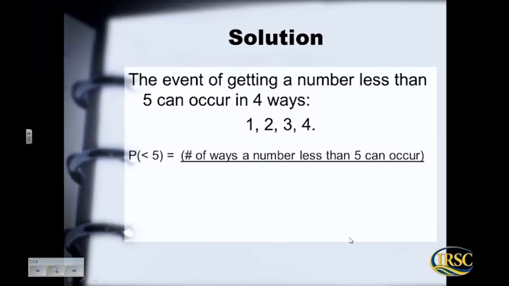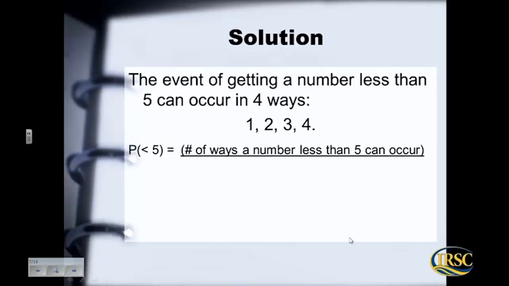Okay, so the probability of less than 5 is the number of ways a number less than 5 can occur over the total number of possible outcomes. So that's what I want you to try to do, is try to write that out in words, even if you know the answer, because the more you practice that, the easier it's going to get when the problems are more complicated. Okay, so we just discovered how many ways it could happen less than 5, which was 4 ways,